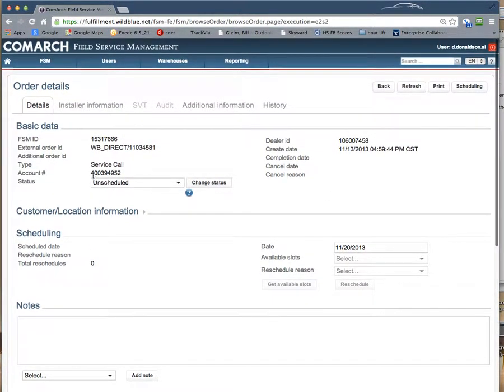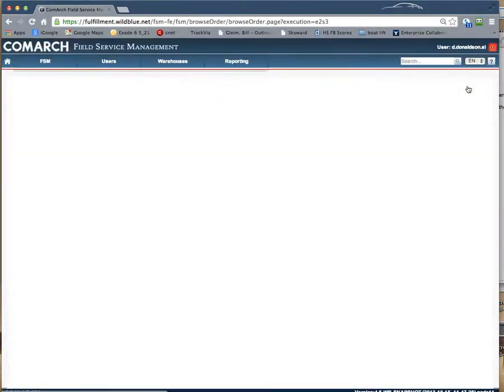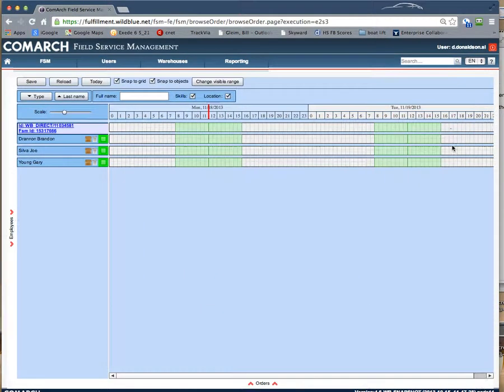So you'll note this is the most important box on the screen. It says that it is unscheduled. We want to change this to pending complete. So the first thing that we have to do is go here to scheduling. I clicked on the box, and up pops a